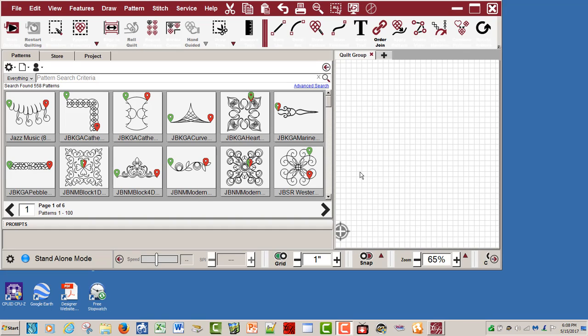Okay, we'll try this one more time. Question about deleting patterns that have been installed when you install Creative Studio 7. Apparently, it automatically installs all the Statler Stitcher patterns that come with the Statler Stitcher. The best way that I found, and I've tried several different methods of doing this, is just to,